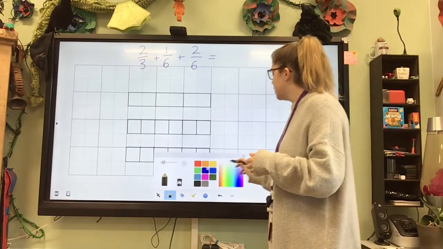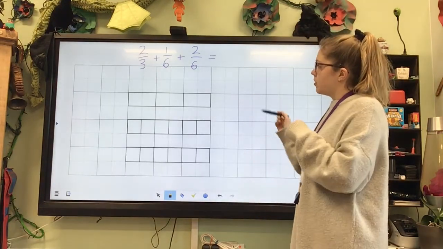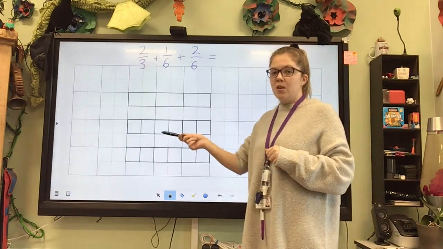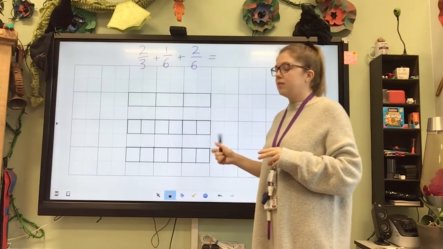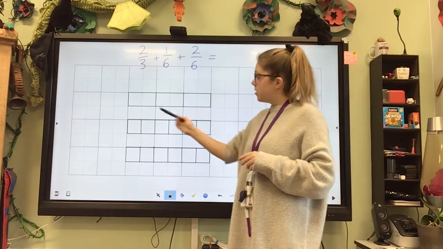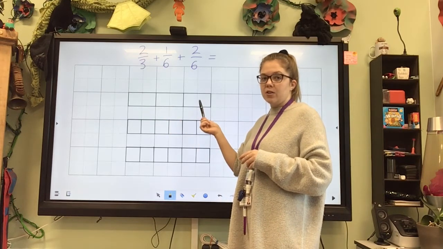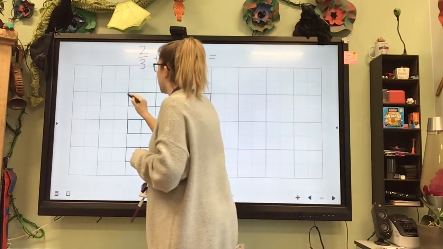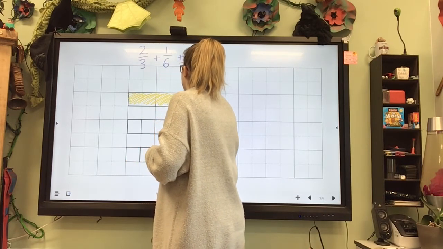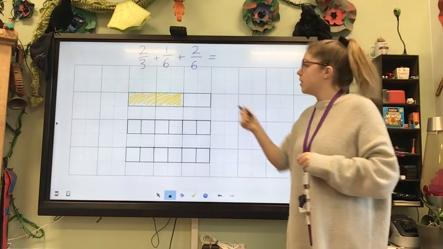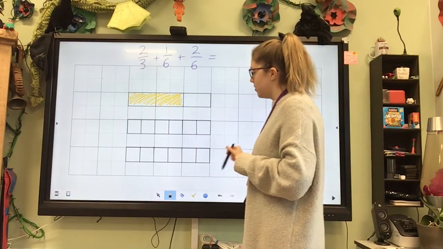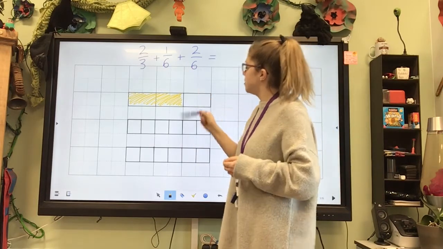in this question. And I've got 2/3, and as you can see, all of my bars are the same length or the same size, so the whole is the same. But for my 2/3, we obviously know that it's got to be split into thirds, and I've got 1, 2, 3 sections here, and I'm going to shade my 2/3 like that. That's 2/3 shaded. My other 2 bars are split into 6 or sixths, and my other 2 fractions I've got